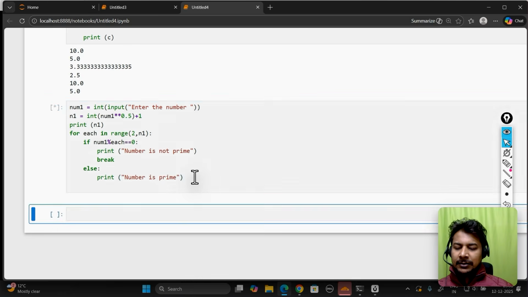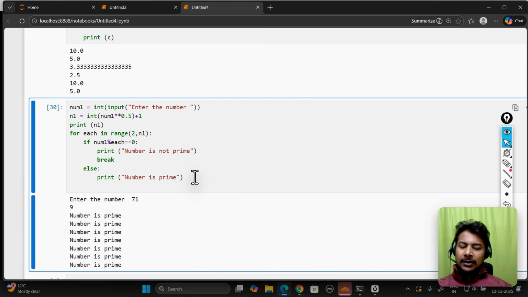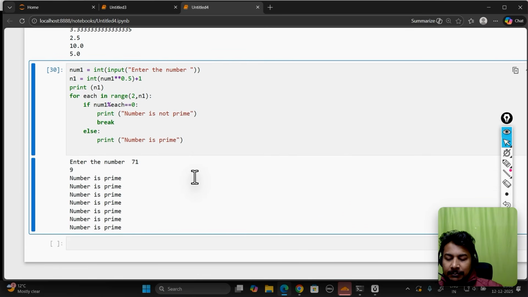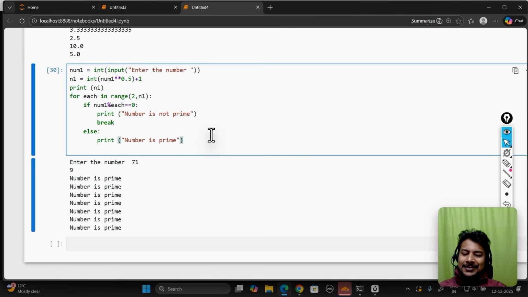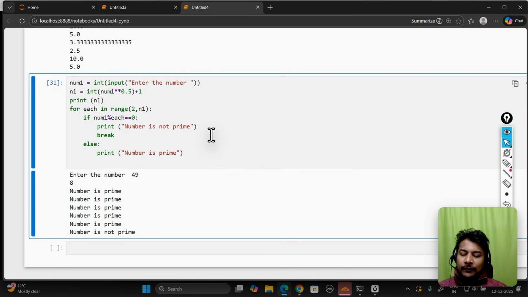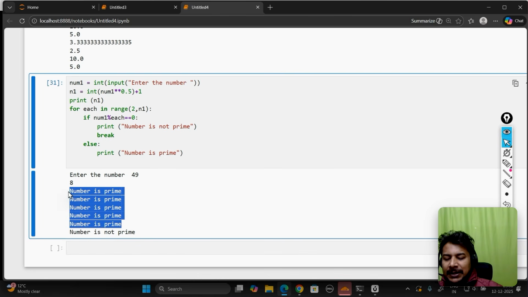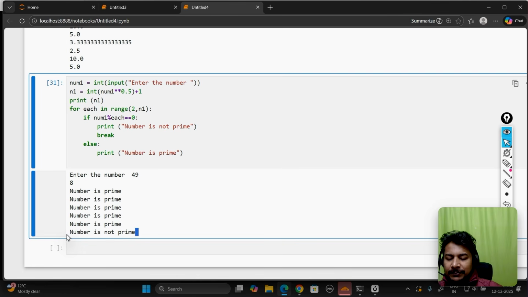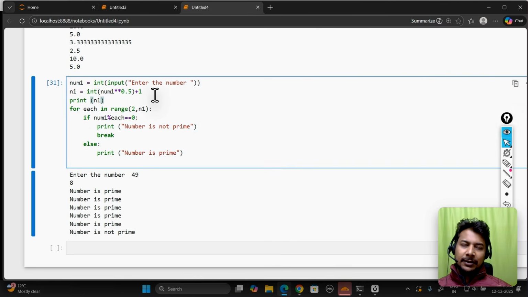That's great. If I check 71, now I'm getting number is prime, prime, prime multiple times, right? Consider if I check 49. I'm getting number is prime multiple times, but in the last I'm getting number is not prime. That's not a good thing, because with multiple statements it may confuse the user whether the number is prime or not. So what I'm going to do, I'm going to start with the old technique, that's a flag value,